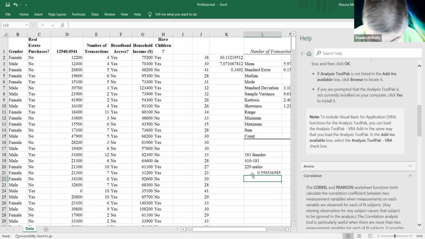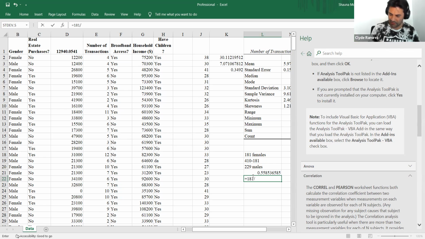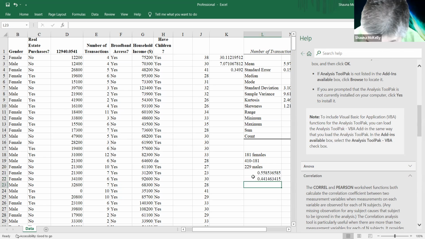And then if you want the proportion of female, this is going to be 181 females divided by 410. And that's going to give you 0.4415. That's my proportion. So this sample